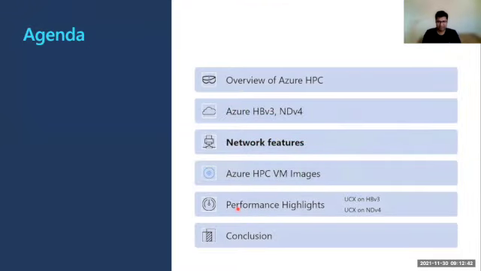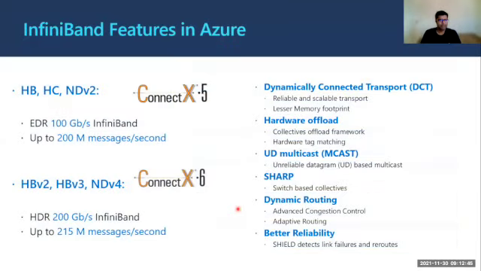Some of the network features that are available on Azure. For example, we have different types of SKUs, right? So CX5-based older generation SKUs, and the newer ones have CX6, 100 gigabits per second, and then 200 gigabits per second, right? And all the different features that we are very much familiar with on the bare metal side, like DCT for scalable transport, hardware offload, both for collective offload and also hardware tag matching, UD-based MCAST, SHARP. I'll have some SHARP results later. Dynamic routing, advanced congestion control or adaptive routing, and also better reliability with SHIELD, right? So all these features are exposed